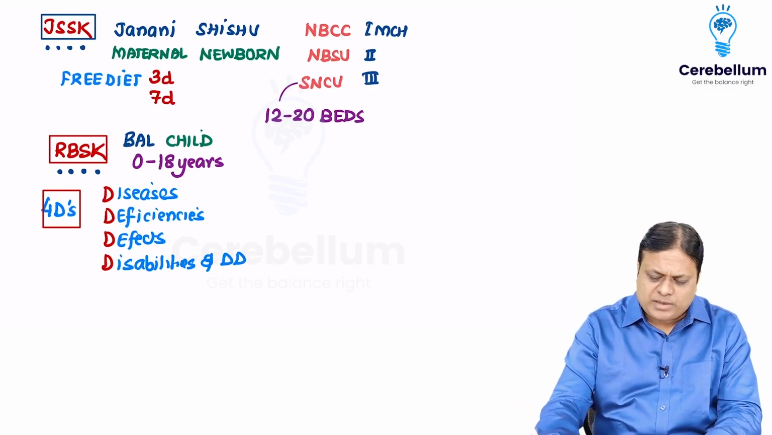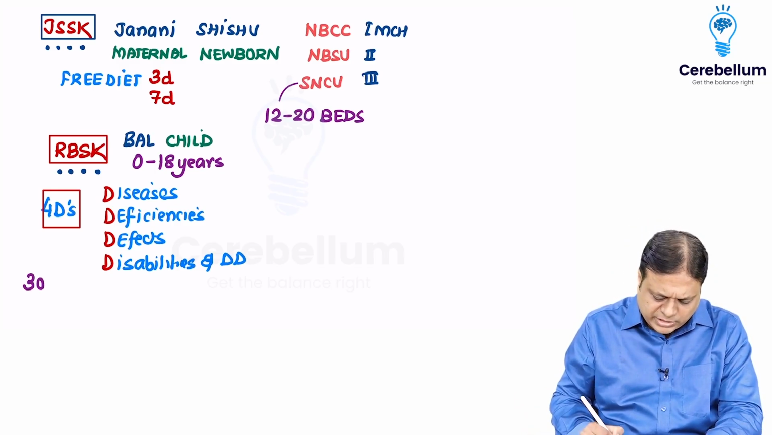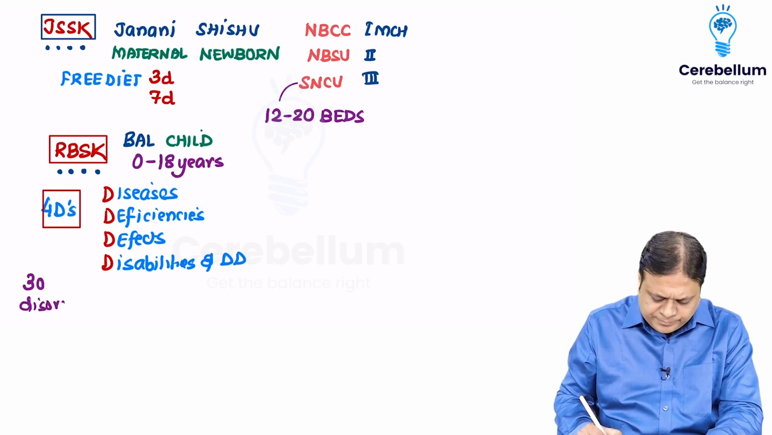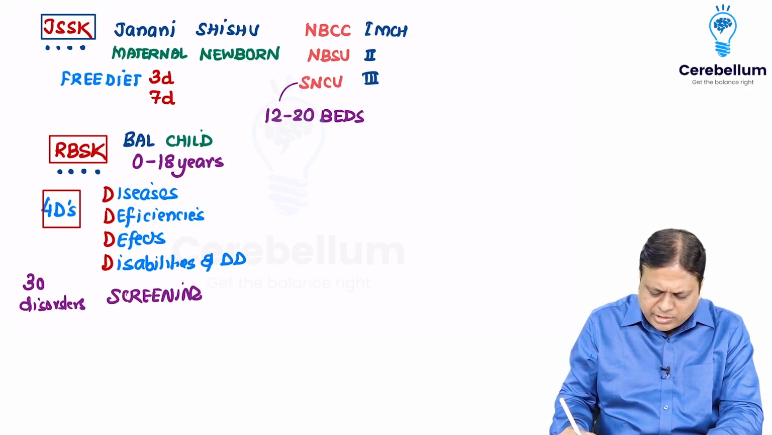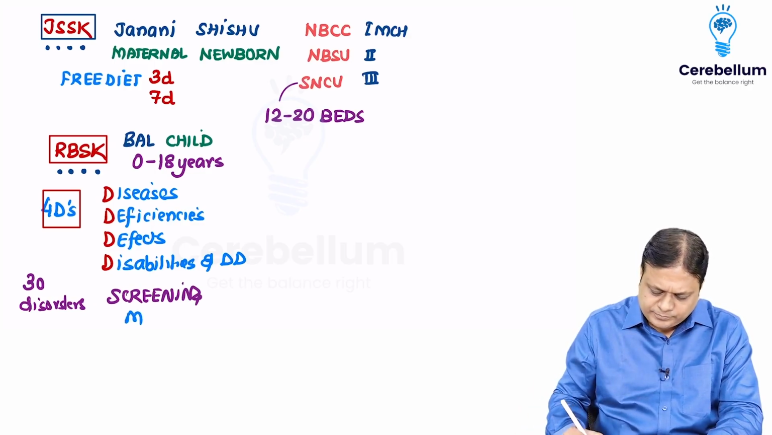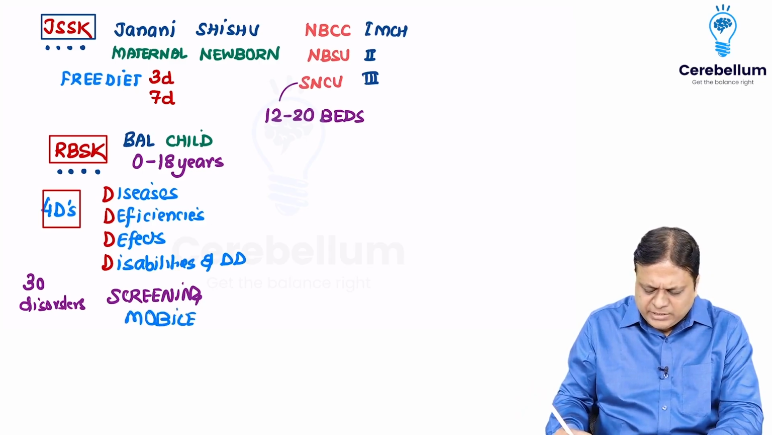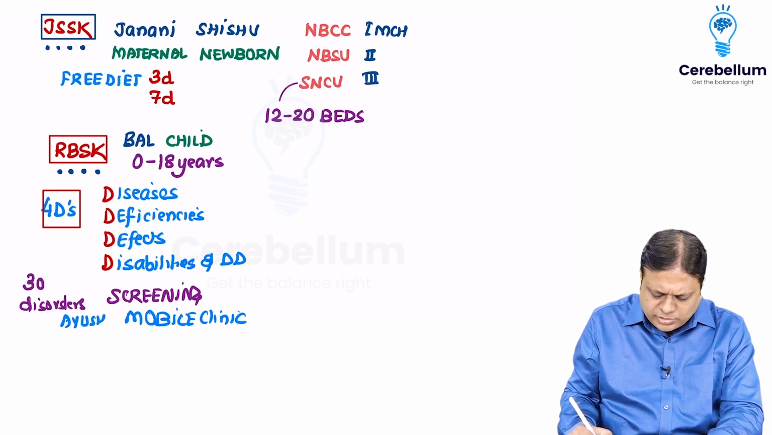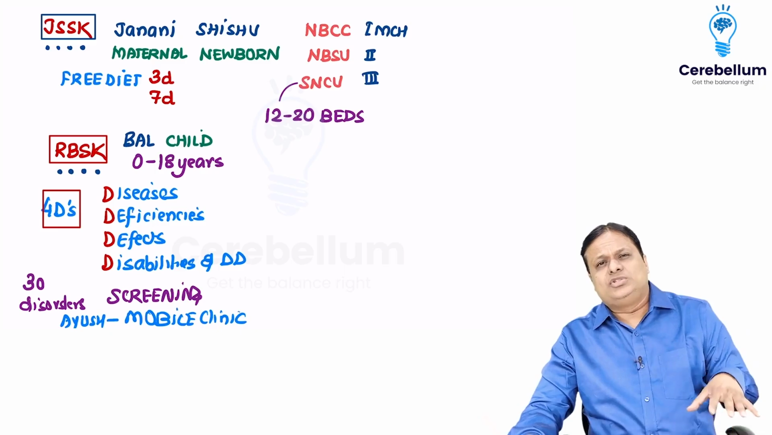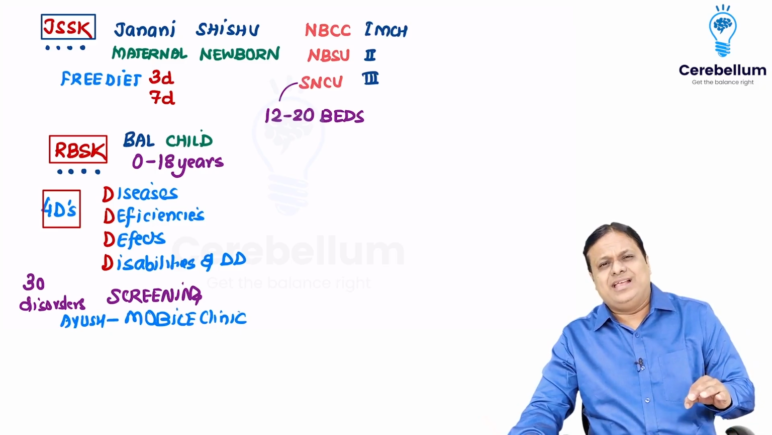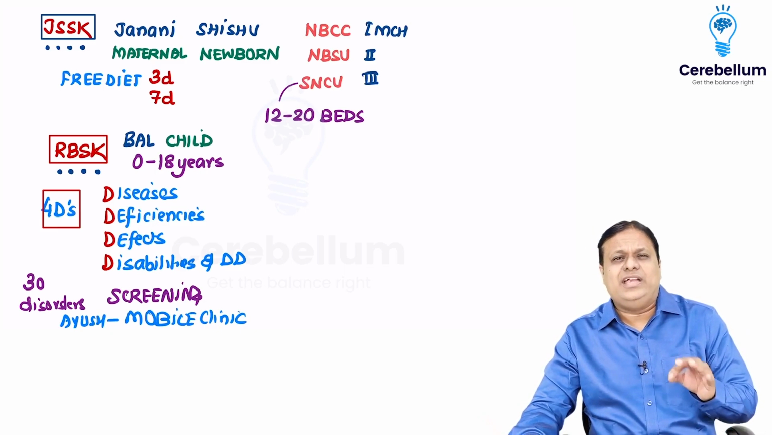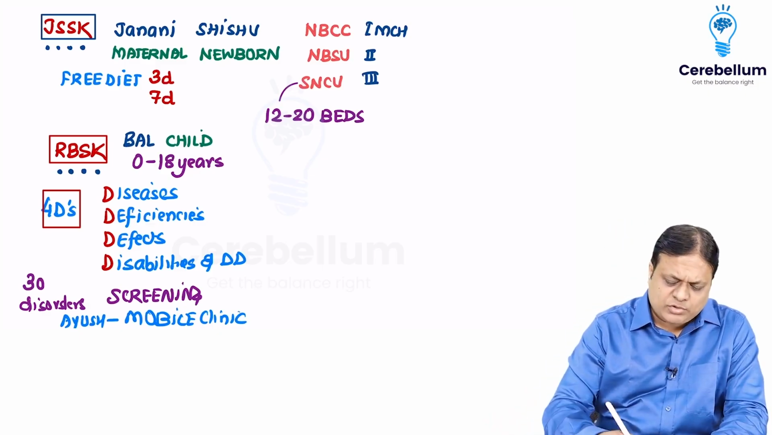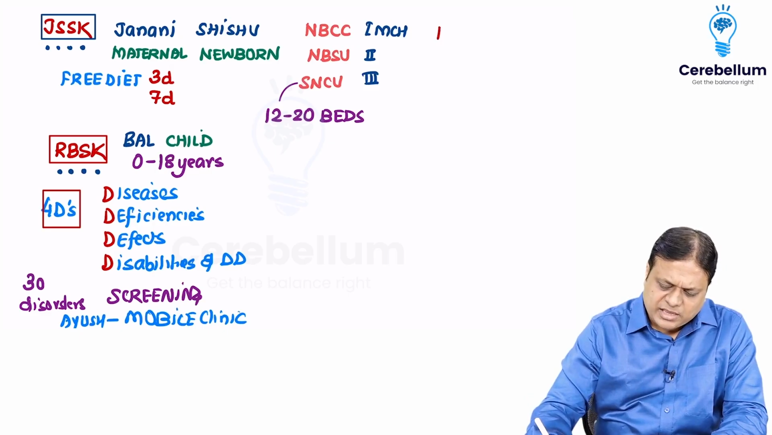Now, overall this program include 30 or more disorders for which screening is done by a mobile clinic. This mobile clinic is handled by a Ayush medical officer. So, this is basically child health screening and early intervention program. Then was launched under NHM